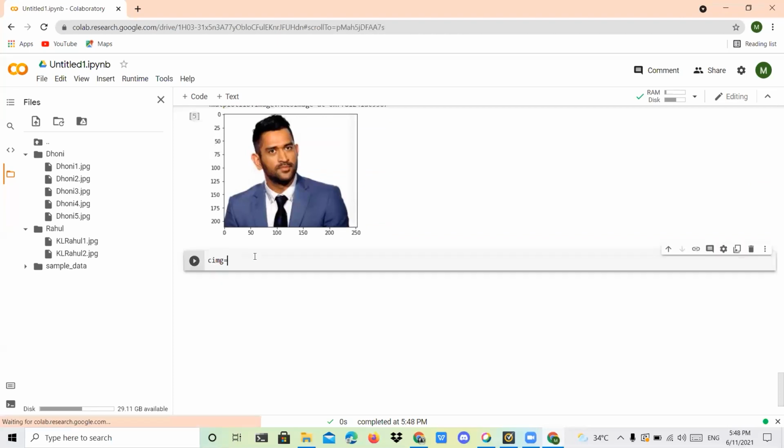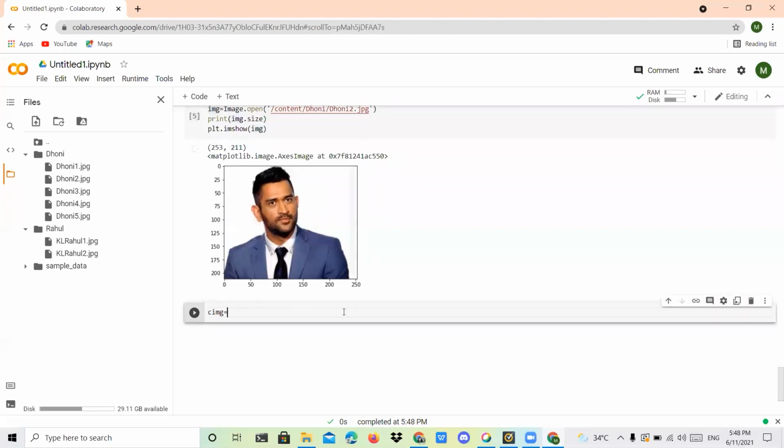Now I want to crop this particular image. The image is already available here, right? So we can give img dot. The syntax is already predefined. You can give it as crop, followed by two brackets. Within that, you have to pass four coordinates. The first coordinate should be the x-axis beginning. I'm going to take this place as 50.